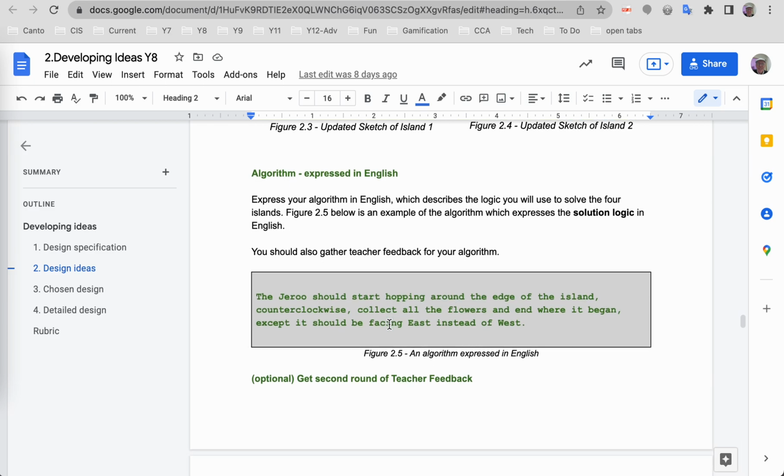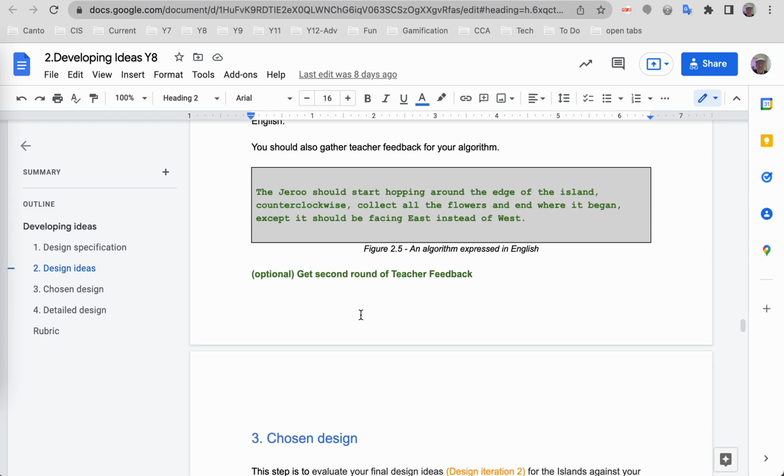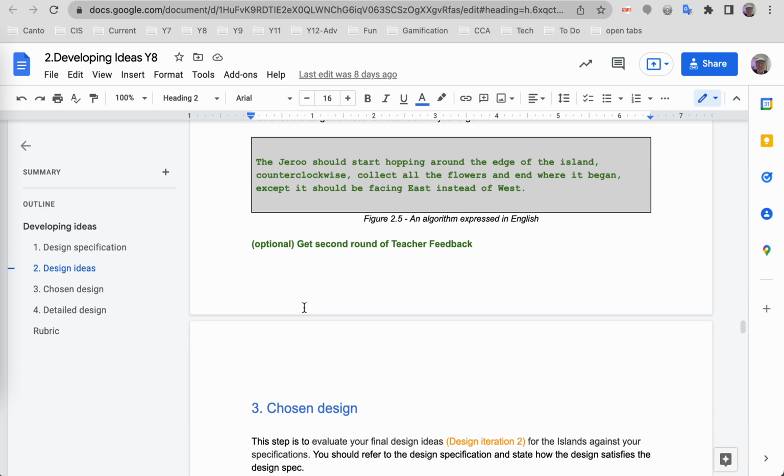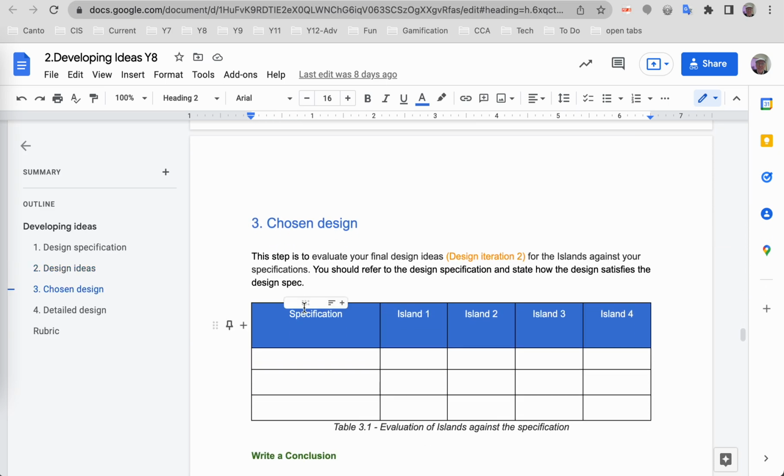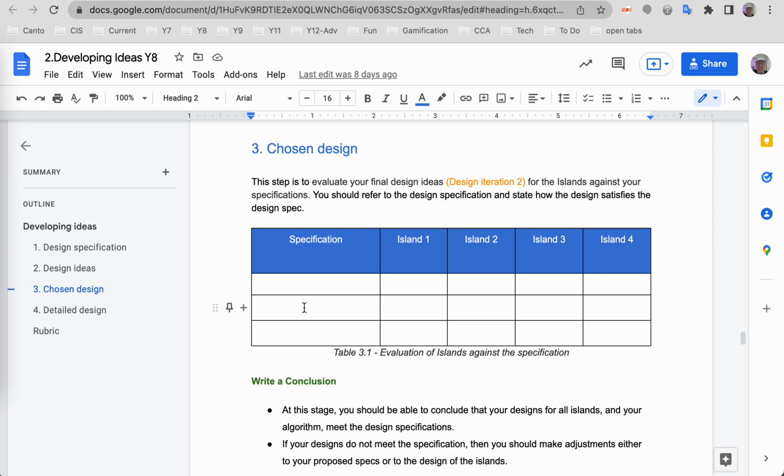You just state how you were going to solve it. Don't mention anything about if statements and all that. Just say it in English. Now it says here optional, get second round of teacher feedback. That's optional. Okay, the chosen design is your